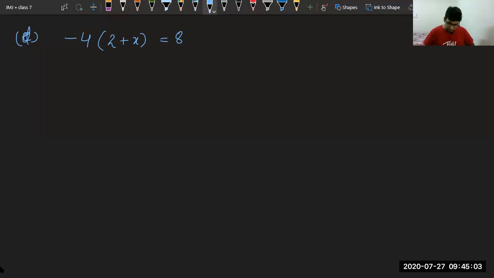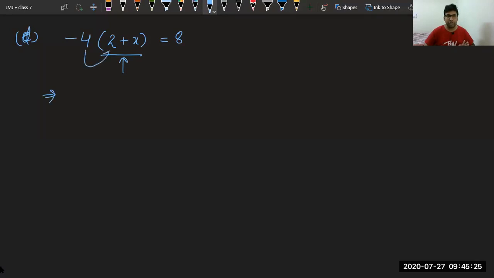Sir, transpose and distributivity are same. No beta. No Abbas. Transpose is different thing. Distributive is different thing. So here also we have a bracket. We know as per the BODMAS rule, we have to first use the brackets. We have to open the brackets. So we will open it.